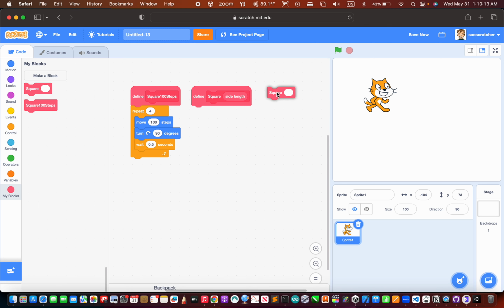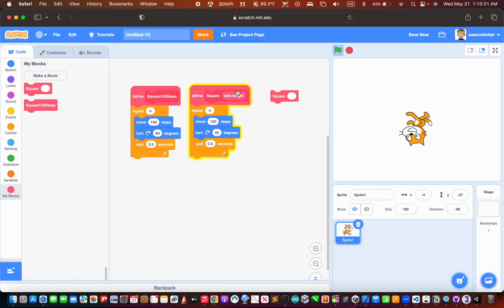So remember, this is the square block. Every time we run this, every time this square block on the right gets run, everything under the define block will get run. And we can basically represent what's under the define block by this little tiny block right here. So now let's duplicate this and put it in. But now we want to